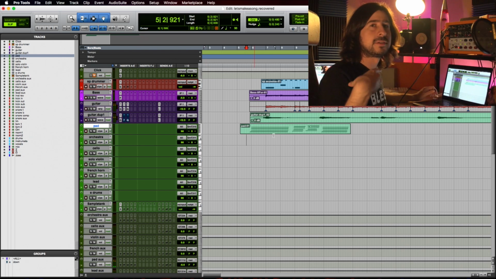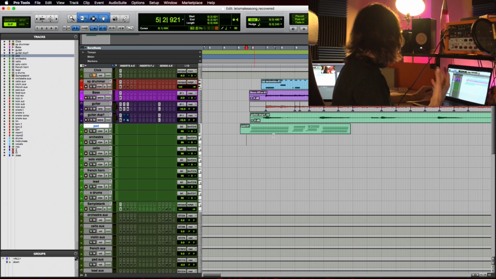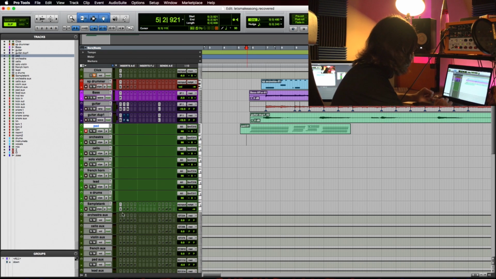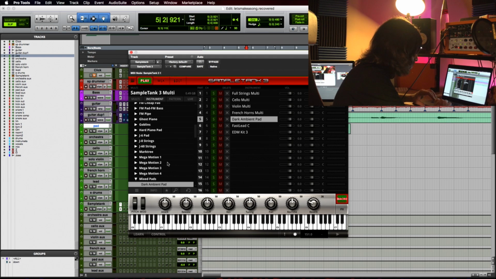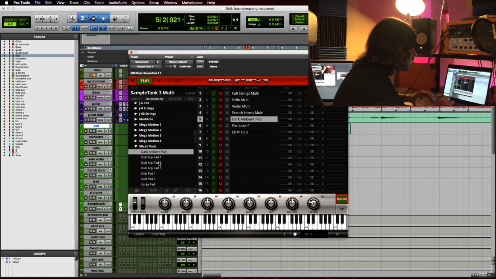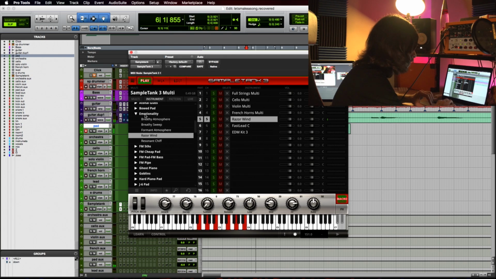I need to kind of wait until the pad stops itself so that I can talk. But it'd be a good time to actually change the sound. It's a little too leaning on the low frequencies, and I don't want it to be that dark. It's actually called a dark ambient pad. So let's see what else we have. No, definitely not that. Something a little more ethereal, you know, something that really